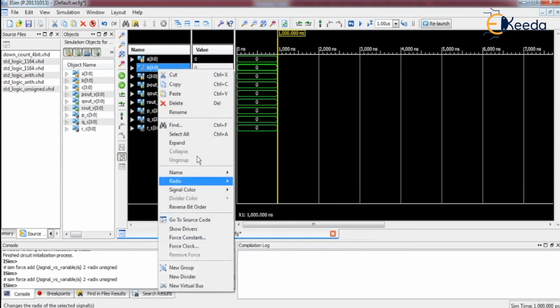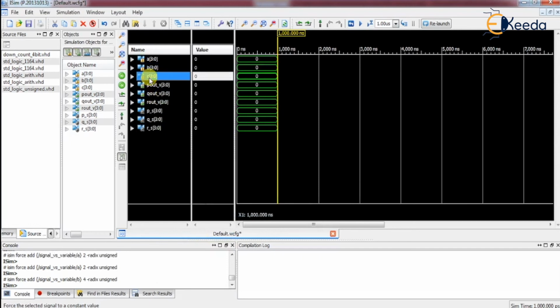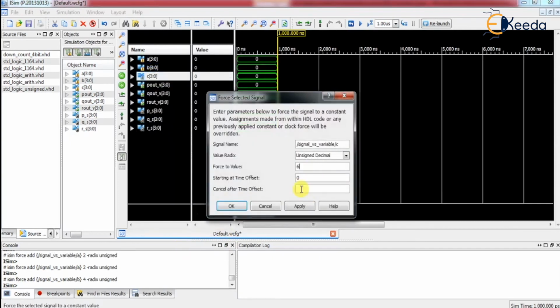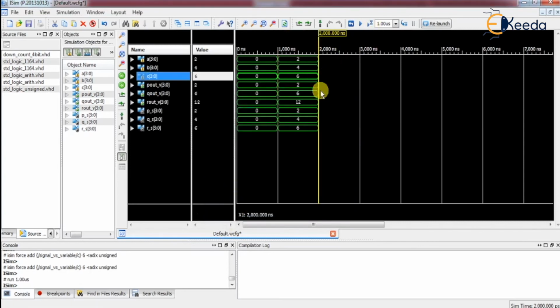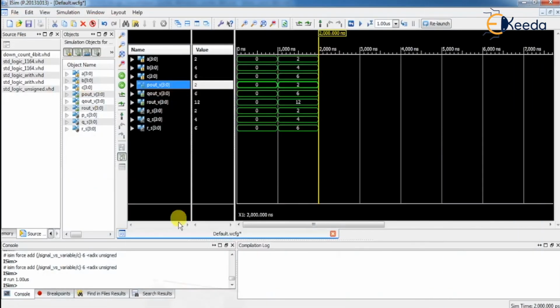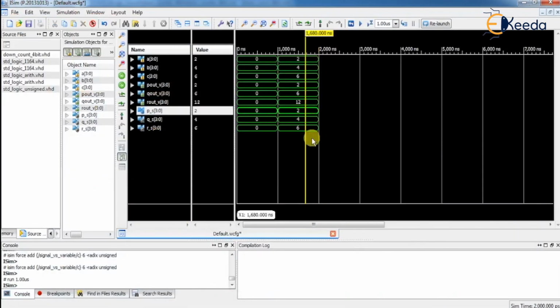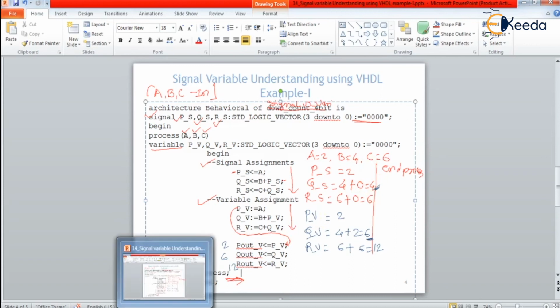Then B, force constant 4, and C, force constant 6. Run it. Now if you observe, the P out variables are 2, 6, 12, exactly as we thought. And the signals are 2, 4, 6.